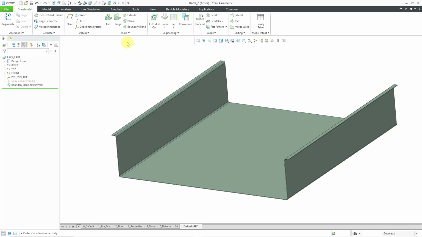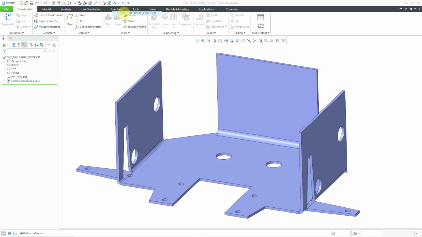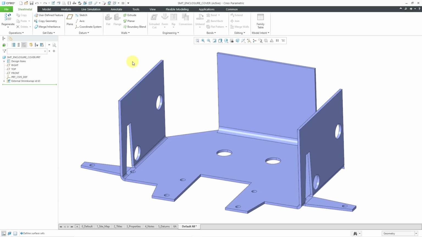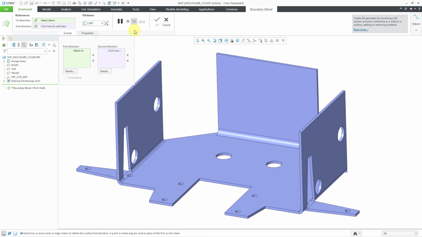And again, I struggled to find use cases where you would actually use this, but I do want to show one other example where maybe this will come into play. Here I have another sheet metal part, and I've got a shrink wrap feature of some reference geometry from another part. Maybe I'm going to use a boundary blend if I want to create sheet metal geometry with this shrink wrap as a reference. So let me go to create a boundary blend, and just like before, I will select